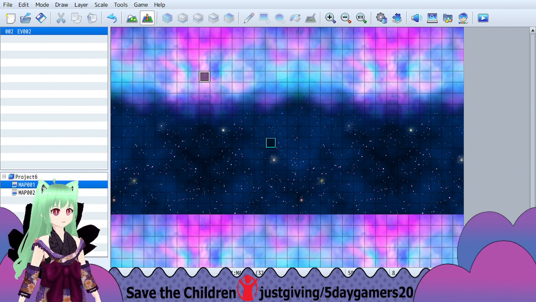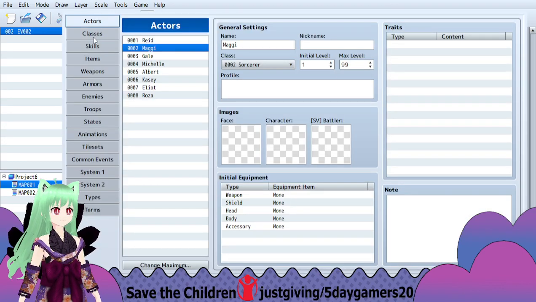But if we start the game, they'll become visible with this sprite sheet that we made. Alright, so